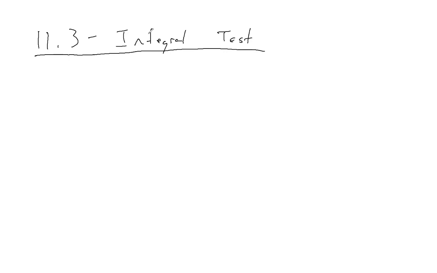Okay. So I'm going to give a quick recap of what we've done so far. In 11.1, we did sequences, stuff that looks like this. In 11.2, we introduced series. So a sequence is an ordered list of numbers, and a series is we're adding up an infinite amount of